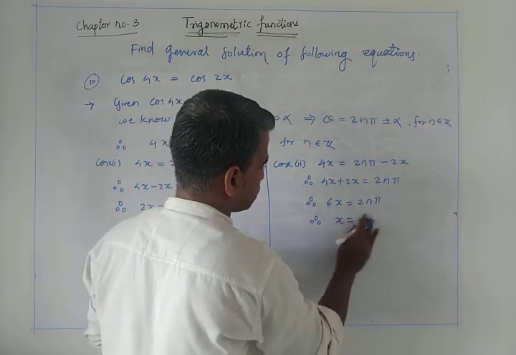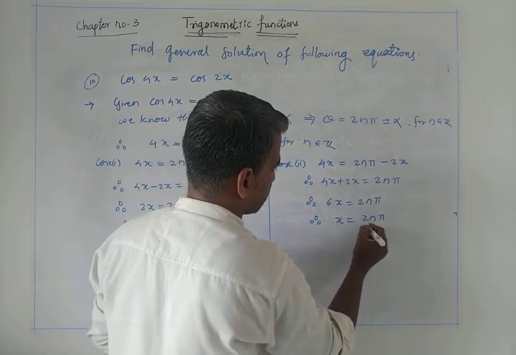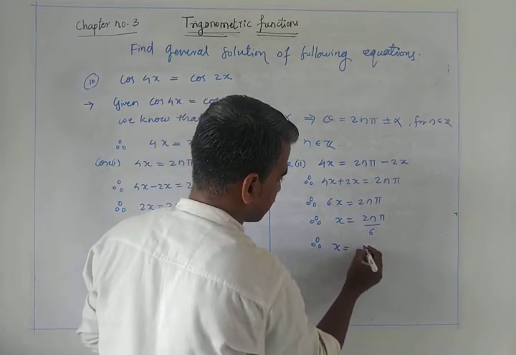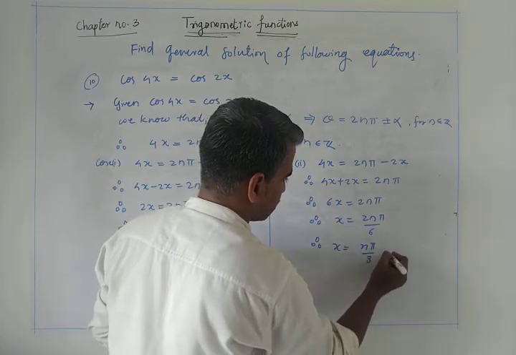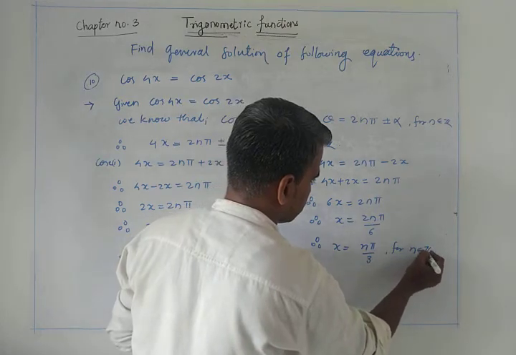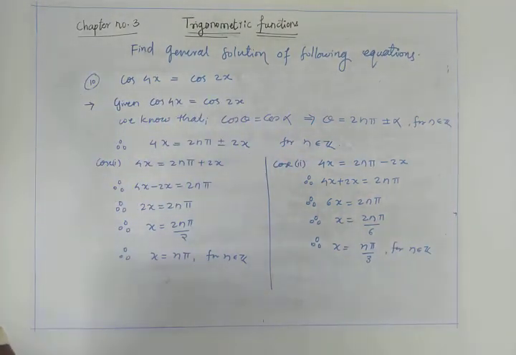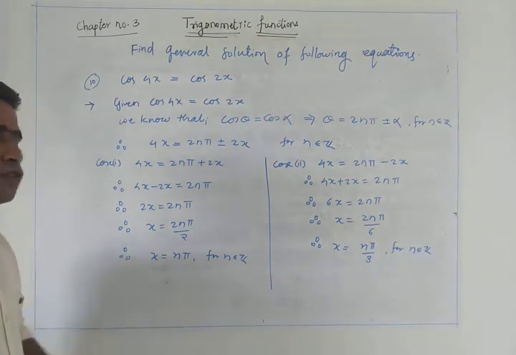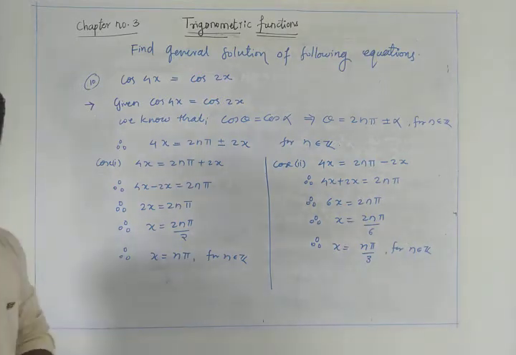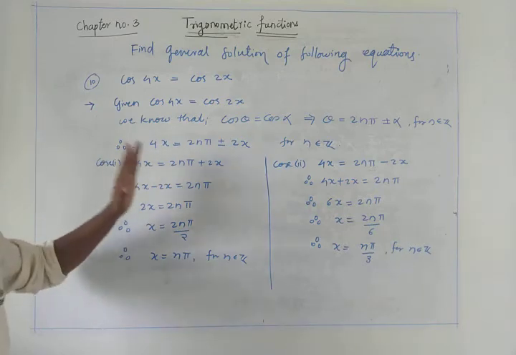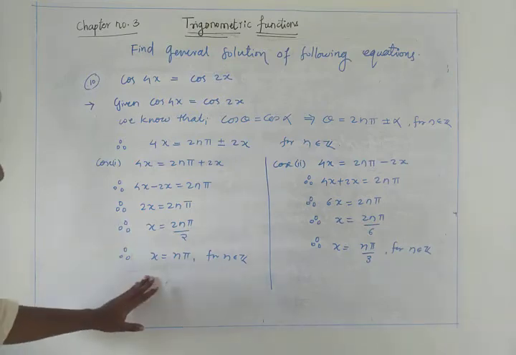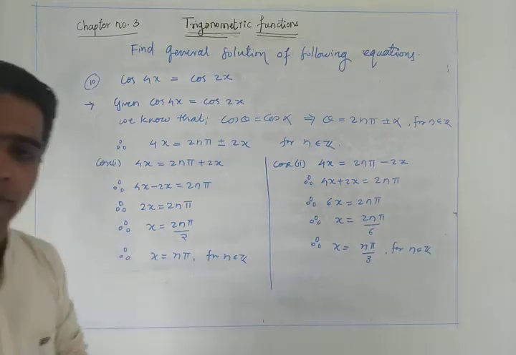Therefore x is equal to 2n pi upon 6. So x is equal to, 2 and 6 will simplify, n pi upon 3 for n belonging to Z. So in that situation we got two different solutions. Such questions will be asked in the exam for 2 correct answers or 3 marks. To see the example, we solve with the same technique, only we change the simplification format. Always keep the aim that all you have to find is the value of x.